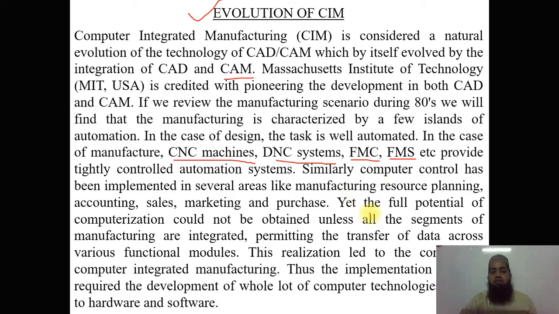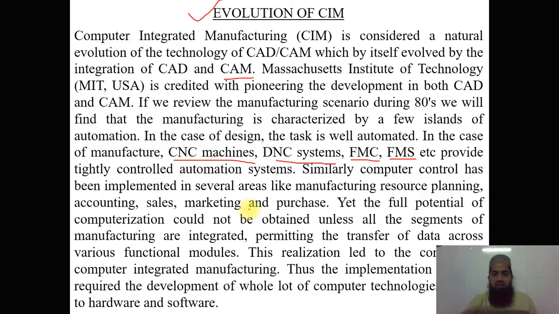MRP is material requirements planning, and MRP 2 is manufacturing resource planning. Accounting, sales, marketing, and purchase also come under CIM, because all of these are connected with each other